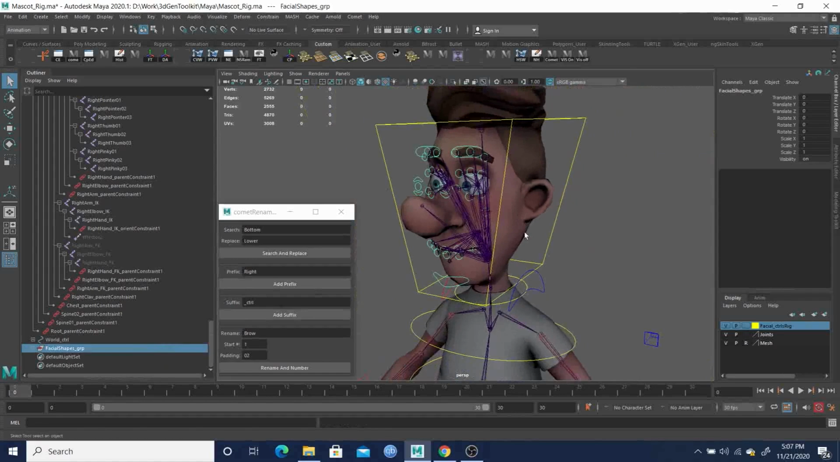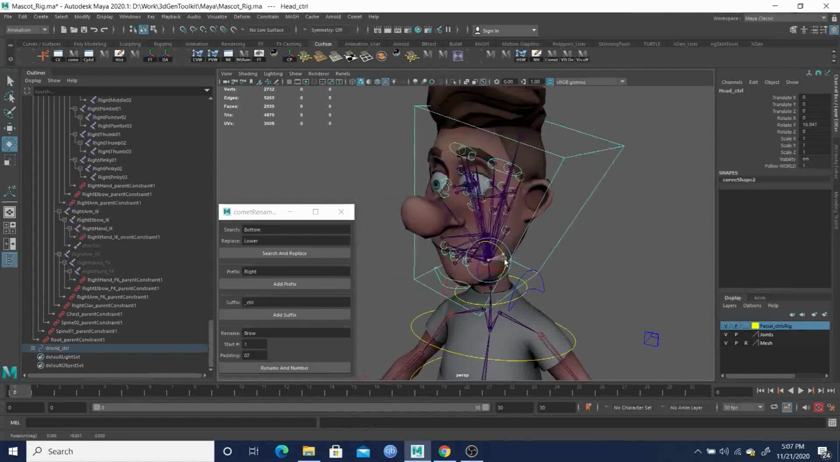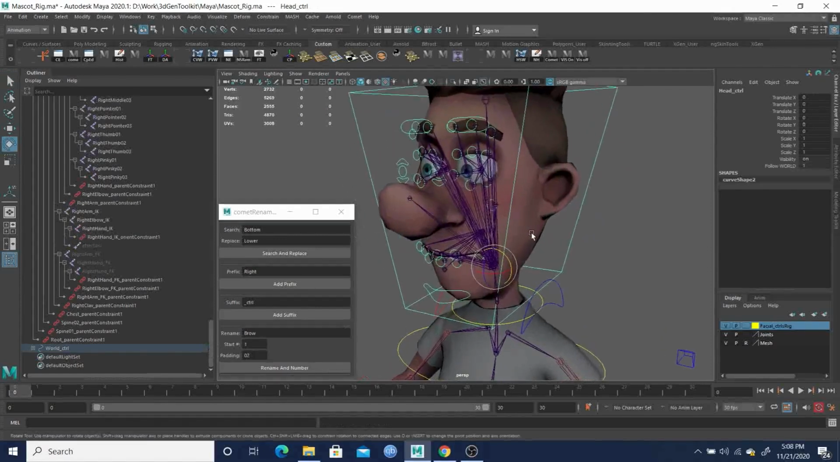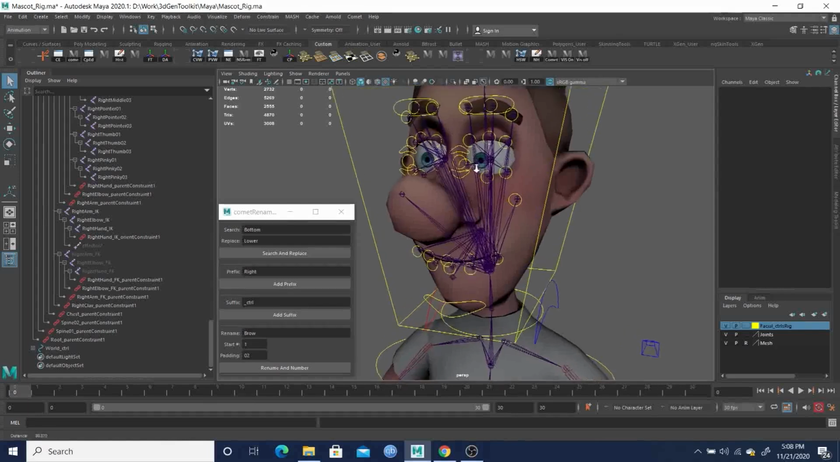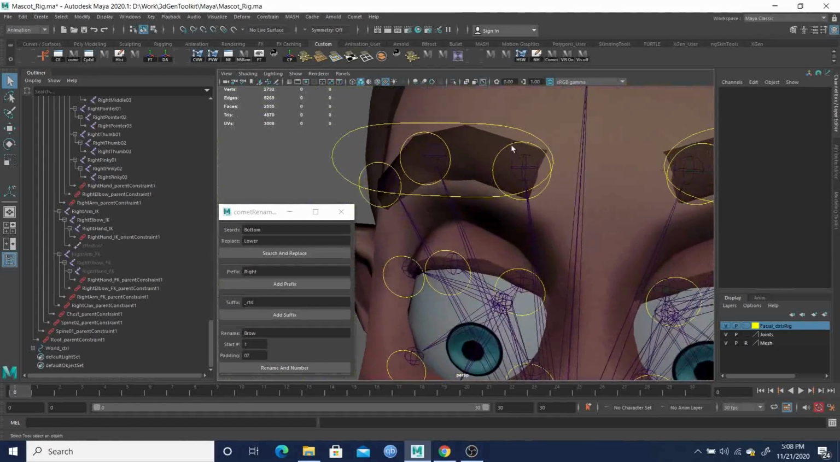Okay, and then we will actually parent these, so we'll select this, then this guy, and parent. So now when the head shape moves, the facial stuff follows along with that. And then to control these, what you want to do is select the shape, then the joint,